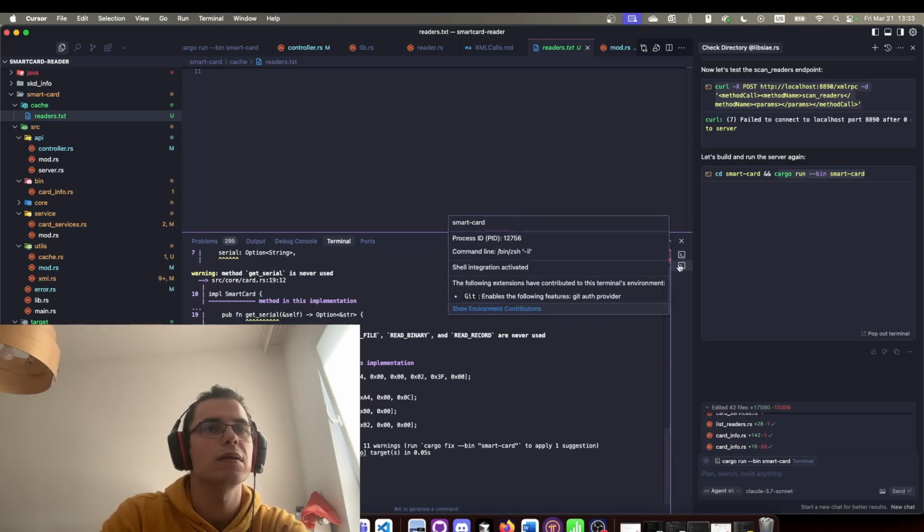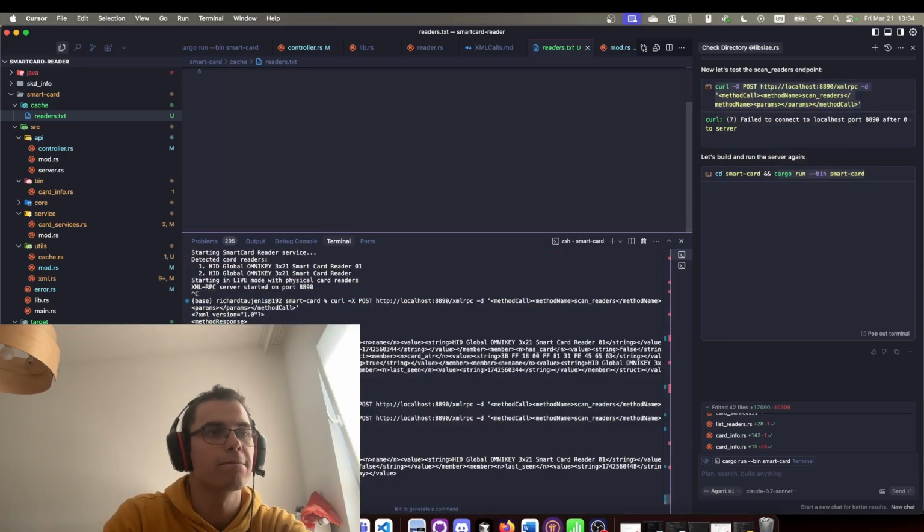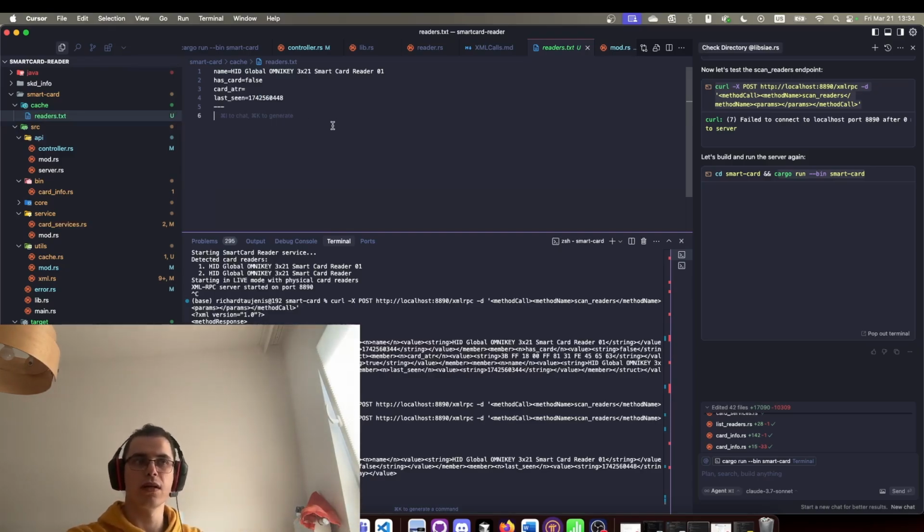Okay, it's running. And now let's test this one. Occur command, copy. Now I think it should actually create. Okay, it overrode the previous one, but it does work. And as you